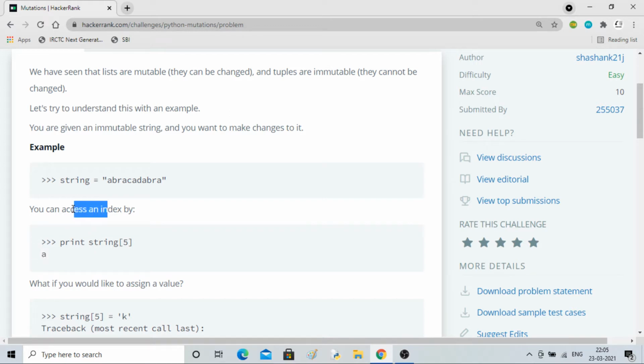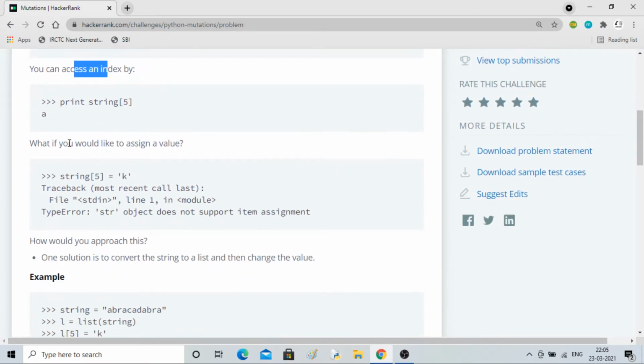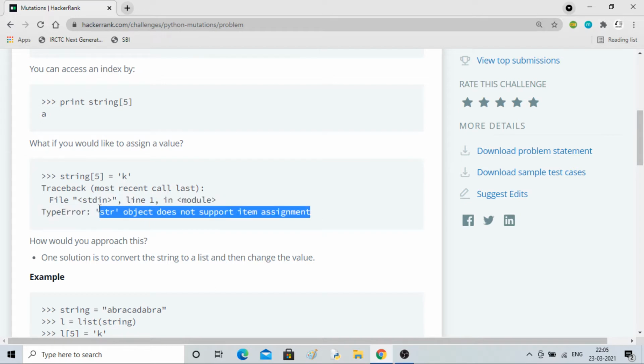Okay, we can access the index. What if we would like to assign a value to it? If I try to change the value of this a to k, then we will have an error. Why? Because string doesn't support item assignment.